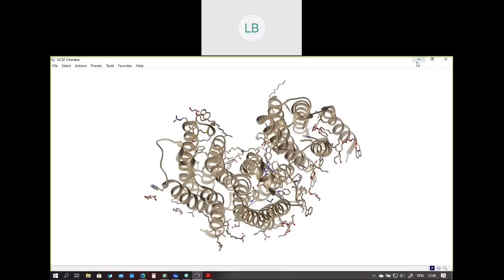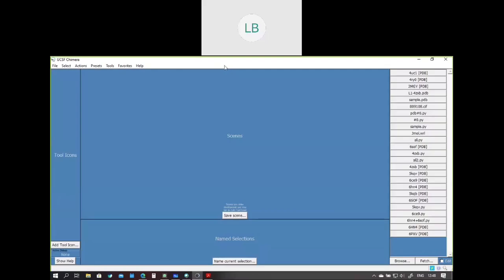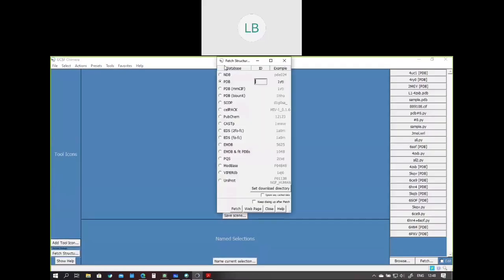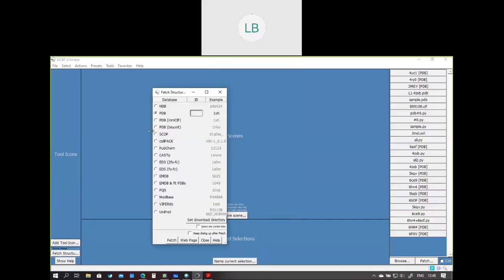Let's close this and go to File, Fetch by ID. It will ask which PDB ID I want. Let's say I give this PDB ID, 1YTI, and press Fetch. It is downloading the structure from PDB and it will open.